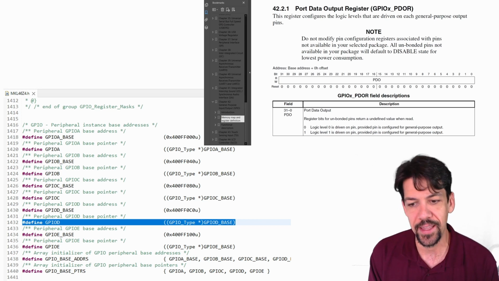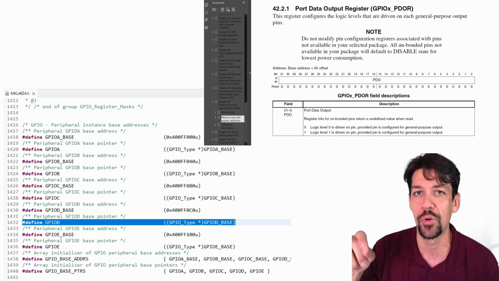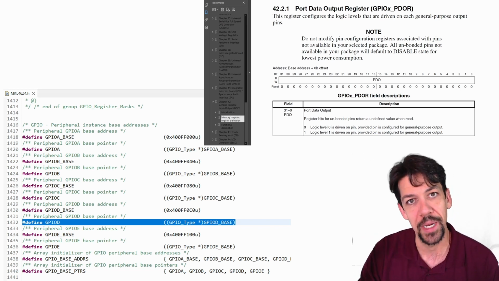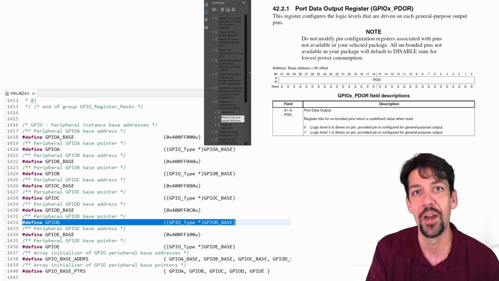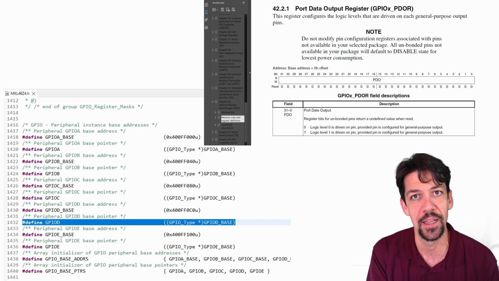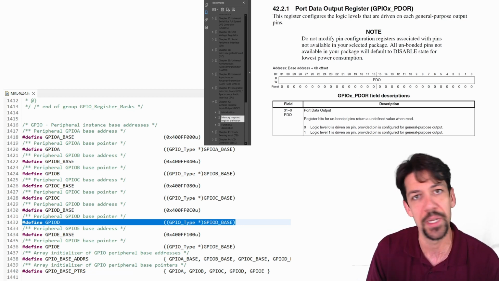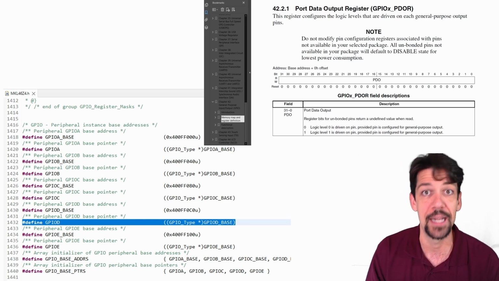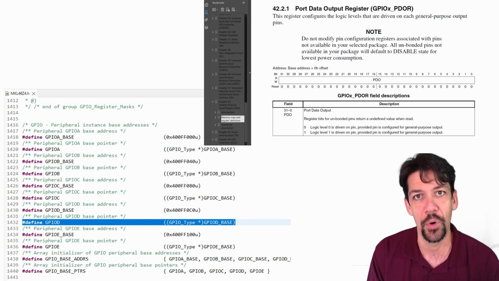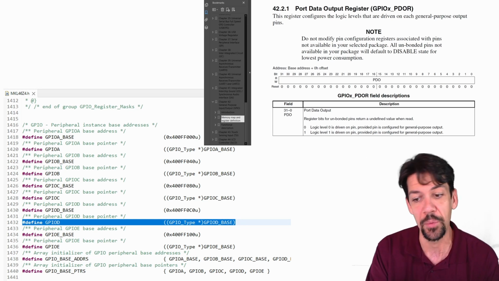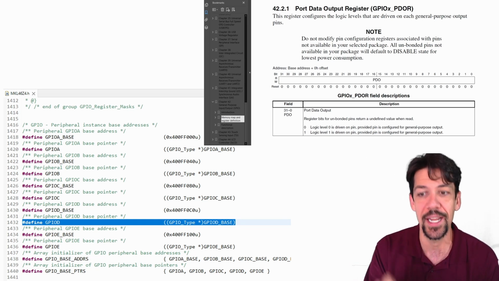42.2.1, and this says each of these bits controls one of the pins, and logic level 0 in the register means that we're driving a logic level 0, or 0 volts, on a particular pin. A logic level 1 means we're driving logic level 1. In this case, our board is a 3.3 volt board, so we're going to get 3.3 volts if we put a bit in a particular